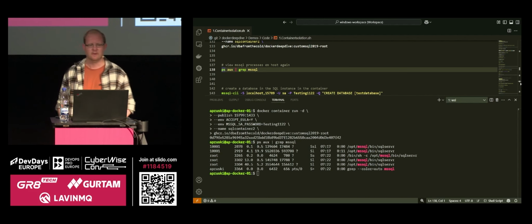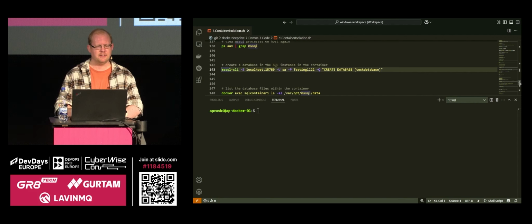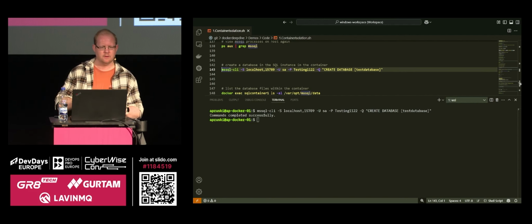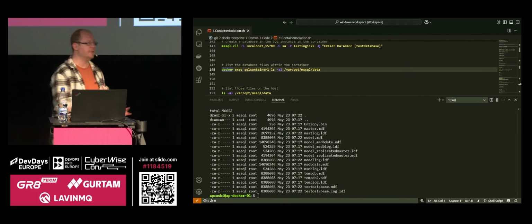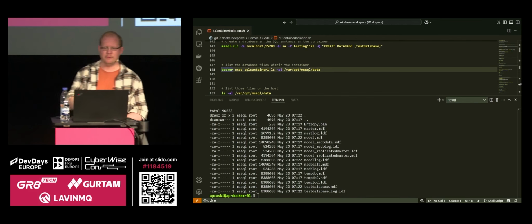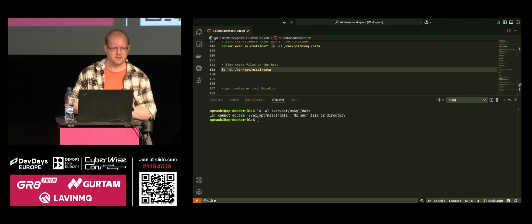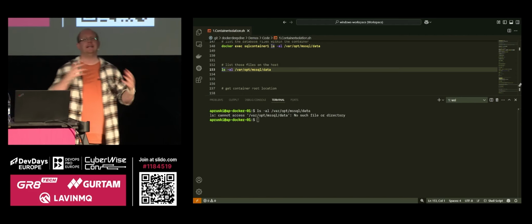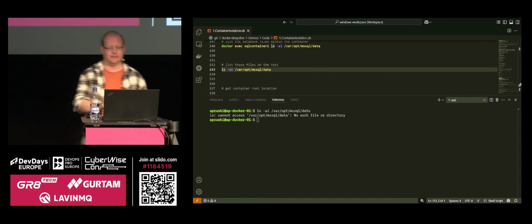Not great. Okay, so let's create a database. Let's just open mssql-cli, connect in, create database. Excellent stuff. And there are my files within the container. They live at /var/opt/mssql/data, or that's where the container thinks they live. If we try and do that on the host itself, ls /var/opt/mssql/data, it doesn't exist. That container has its root changed upon startup. So it thinks all its files are at /var/opt/mssql/data, but in fact,